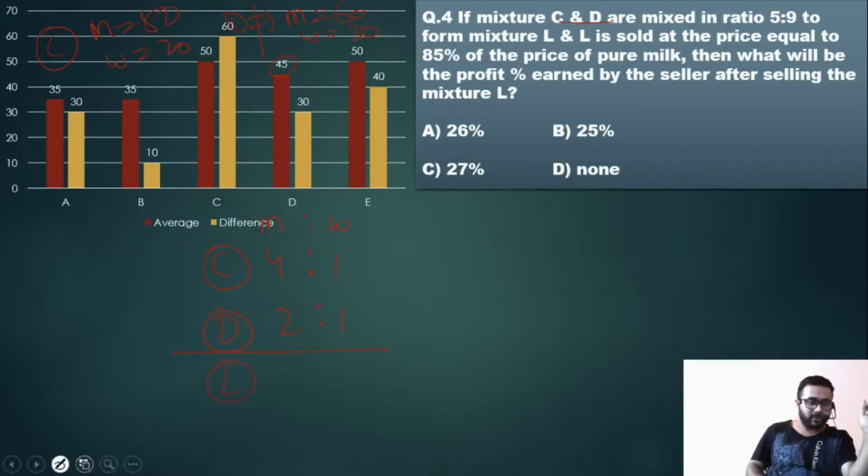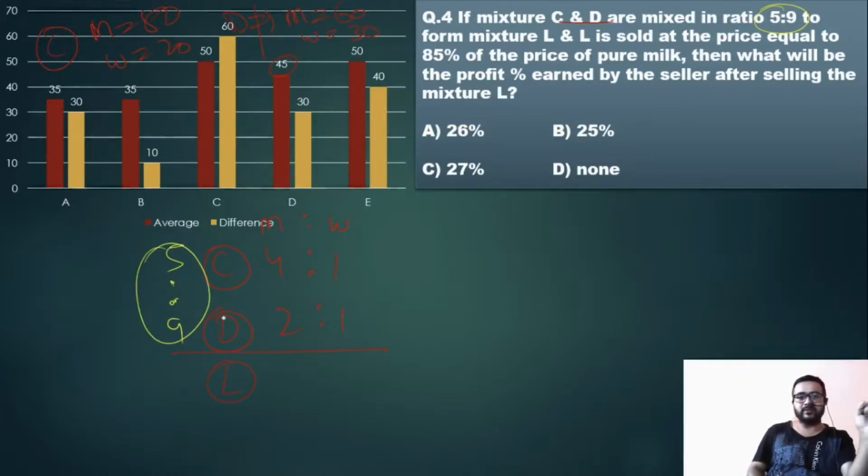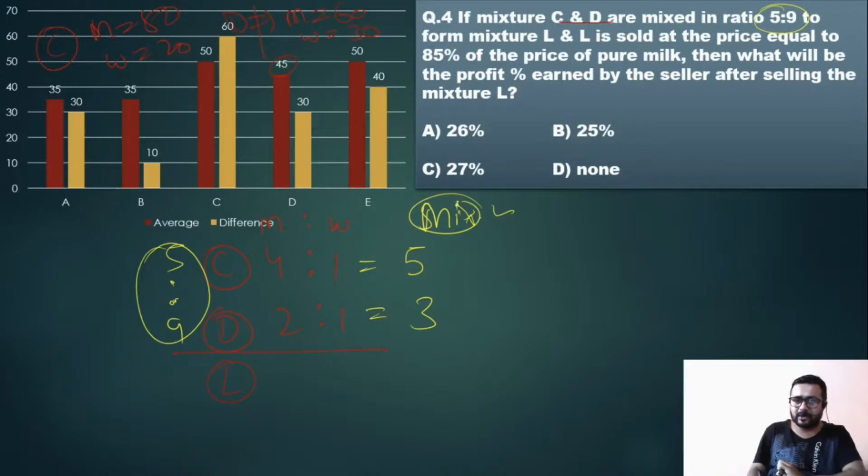So now you're going to get L. What is your L? First of all, these are in 5:9. You are adding these in 5:9, so you're going to get L. See here, this one is 4 plus 1, you're going to get 5. This one is 2 plus 1 is 3. Now this one is 5:3. The first step should be to make the mixture the same. But see here, just stop. This 5 equals this 5. Now if somewhere I can get 9 here, my question will be easy to solve.